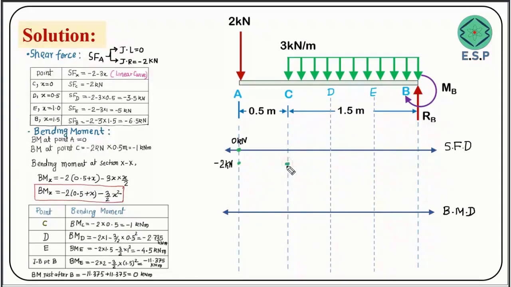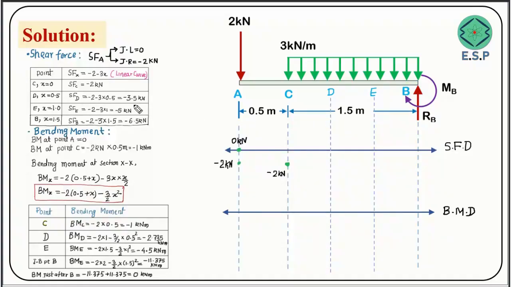This value is also minus 2 kilonewton. So I'll write down here minus 2 kilonewton. Okay, so it remains horizontal. Same value you're going to get from here to here. Fine. Now if you see the variation due to uniformly distributed load at point D, which is at 0.5 meter,